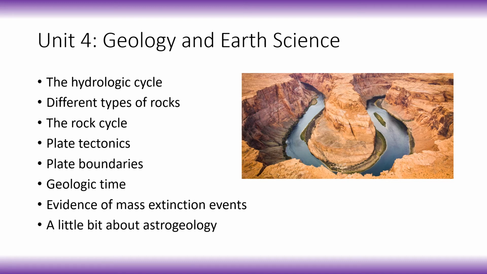And then, as you guys might remember from a couple of years back, we'll look at geologic time. So things that have happened hundreds of millions of years ago, billions of years ago in history, and how we can learn from that information to make predictions about the future of our planet. Then we'll look at some mass extinction events. We won't really examine the details of those extinction events because in a lot of ways there are things we still don't know about them, but we'll look at how we know that there have been mass extinction events,